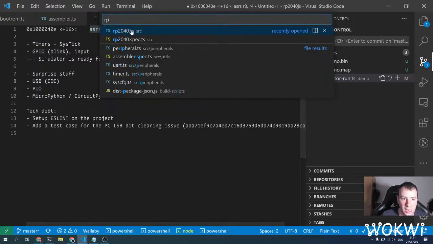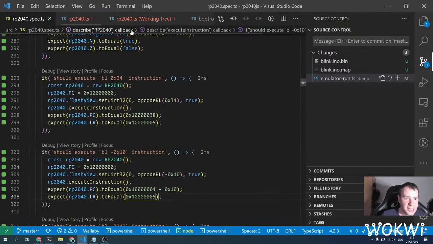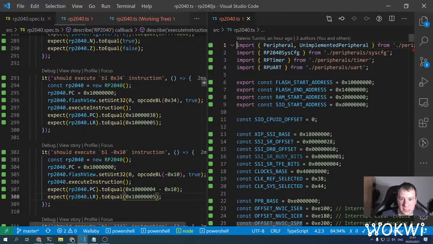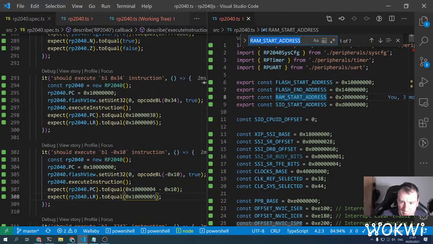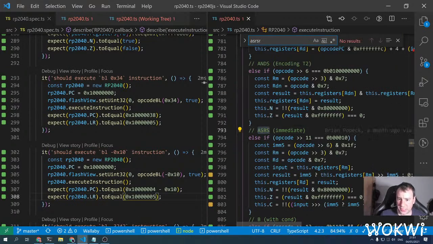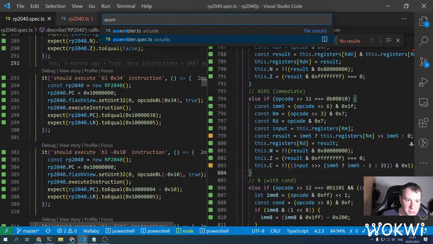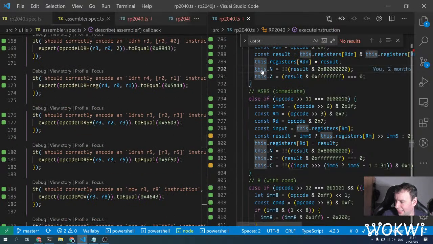ASRS, so the RP2040 spec and the RP2040 TS. We already have ASRS just with immediate, and we are missing the register version. So as usual, let's start by writing the